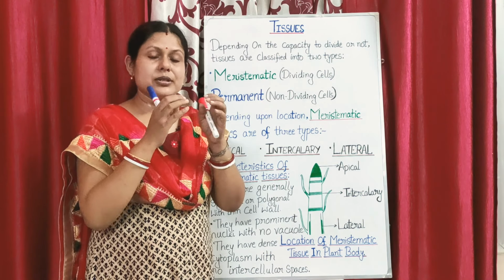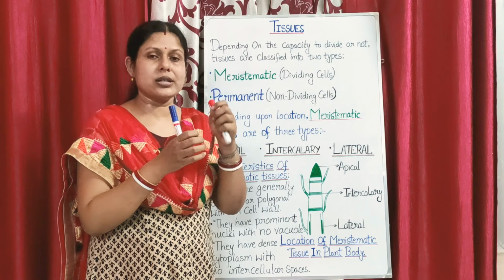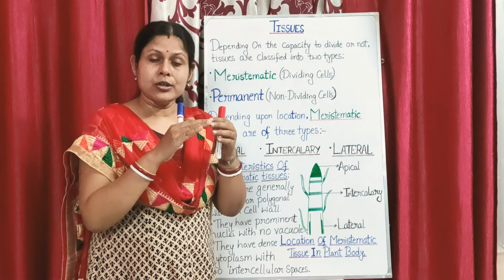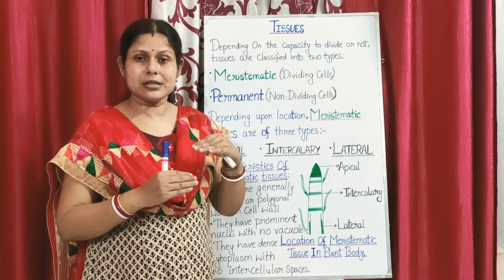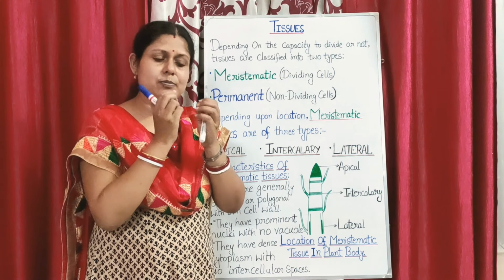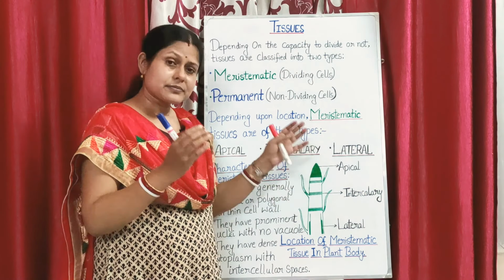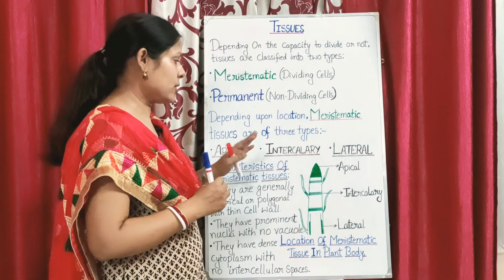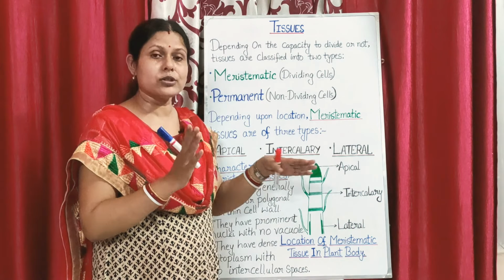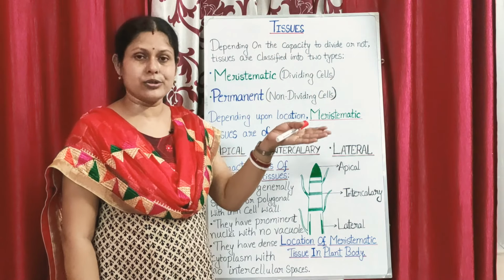Why is it protected? Because if it is damaged by external agencies like any kind of insects or any kind of pathogens like bacteria or fungus, then the shoot tip will die. So if the shoot tip dies, then the height of the plant will not increase, isn't it? So it has to be protected. So it is protected by what? It is protected by fine small leaf buds, or leaf primordia, which are actually protecting the shoot tip of the plant. Okay, so apical meristem is found where? In two places, root tip and shoot tip, for the growth or the elongation of the plant to a certain height up to which the plant is going to grow.